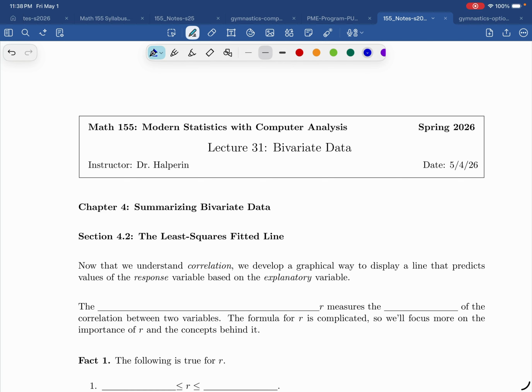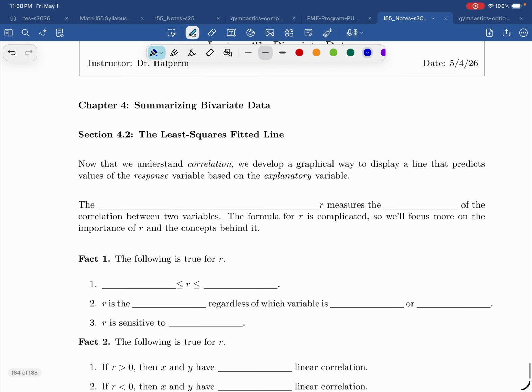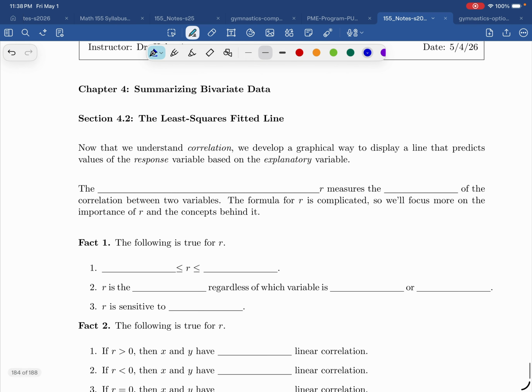Let's begin section 4.2, the least squares fitted line. Now we're continuing learning about linear correlation. Last time we learned more about the conceptual ideas, strong, weak, positive, negative, etc. But we didn't really learn any math. Today we're going to learn the math. In particular, we're going to start off by learning about the